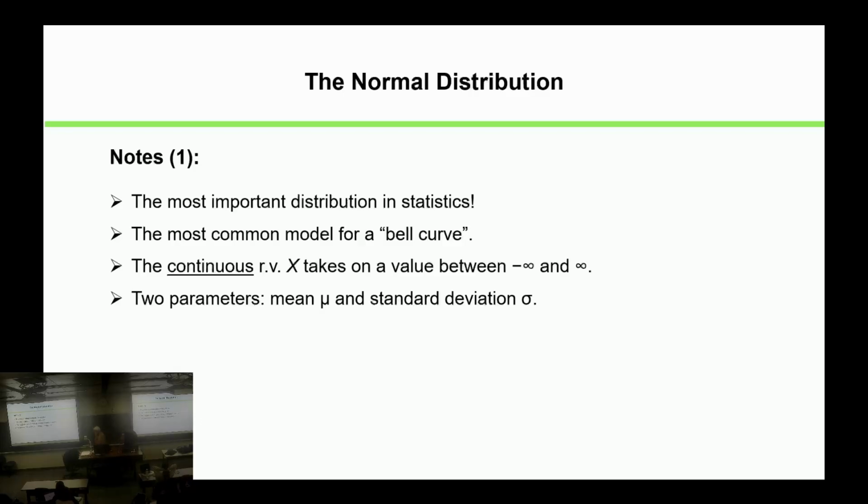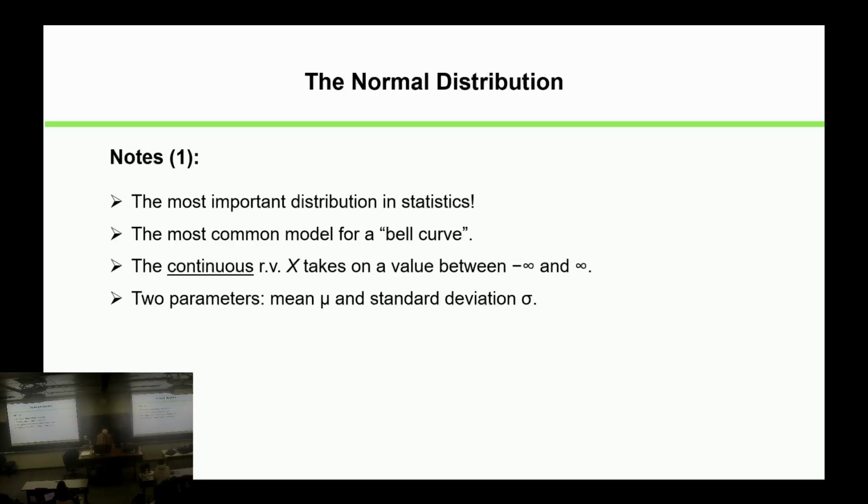It has two parameters, two numbers that characterize the distribution. We'll figure out what those mean in a moment. But the parameters are actually simply the things that we have calculated before, the mean, the expected value of x, and the standard deviation sigma, which is, of course, the square root of the variance. So these are kind of like very generic type parameters.